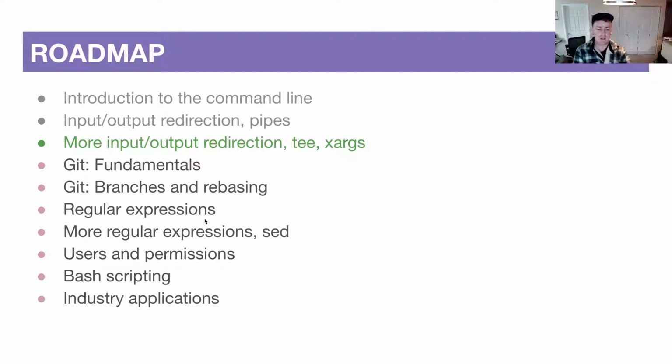So where does this week fit into the rest of the quarter? This is going to be our last week of a bunch of new shell commands and talking about those mechanics. For the rest of the quarter, we're going to focus on more specific tools and specific applications of those tools. For example, you may or may not have heard of this tool called Git, a version control system for software projects. We're going to spend 2 weeks on that because that's one of the most popular tools used in industry, across the board, and we want to make sure you know how to use it on your own projects